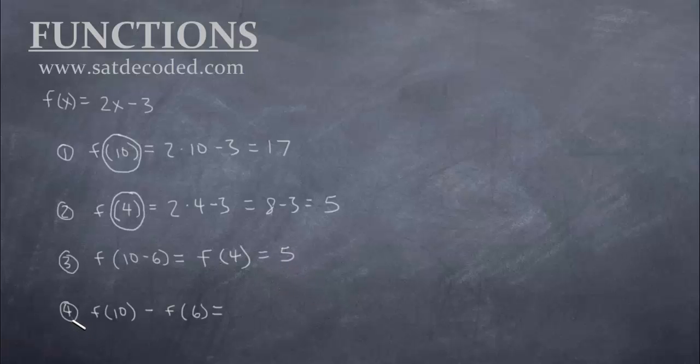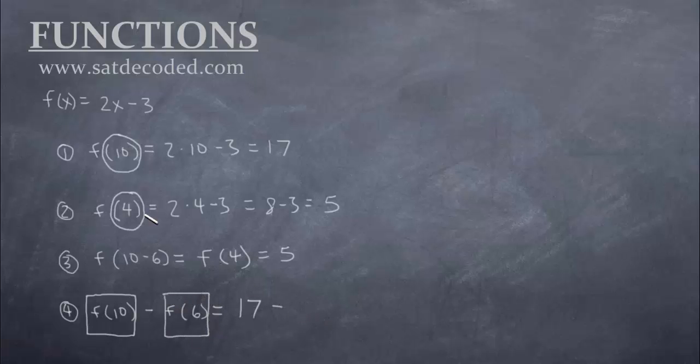Question 4 is a little different. It looks very similar to question 3, except I broke up the 10 and the 6 into 2 different functions. And this is actually going to make a huge difference. Because they're 2 separate functions, we actually have to calculate each function on its own individually. So let's start with this guy over here, f of 10. f of 10 was the question from question 1. So we calculated that f of 10 was equal to 17. So this guy is just 17 minus,